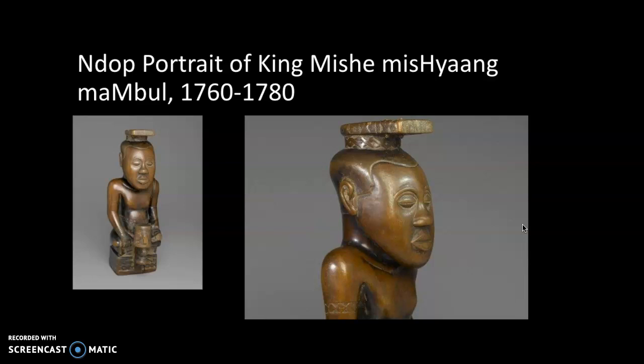Nyim. He was the Cuba king Misha Mishiang Mambul, celebrated throughout his kingdom for his generosity and great number of loyal subjects, and he commissioned this idealized portrait statue called an ndap that we see here today. The ndap is the most revered of all Cuba art forms, and this translates simply to statue. It's a figurative wood sculpture mainly used to portray important Cuba leaders, and the ndap